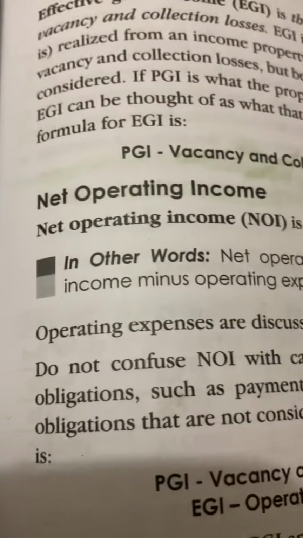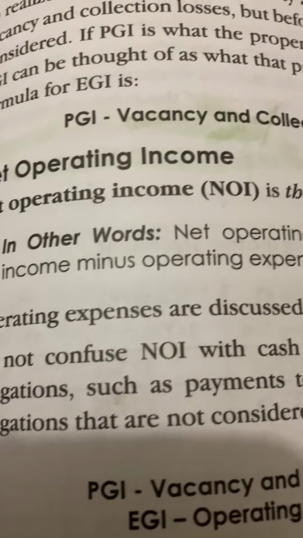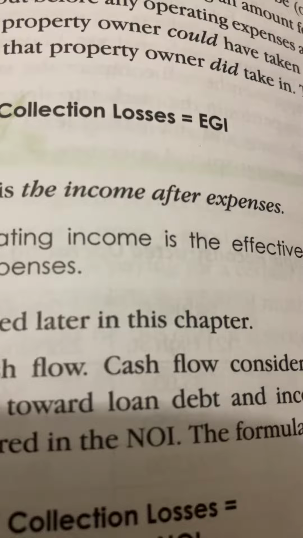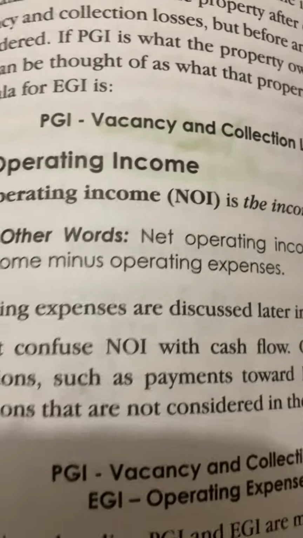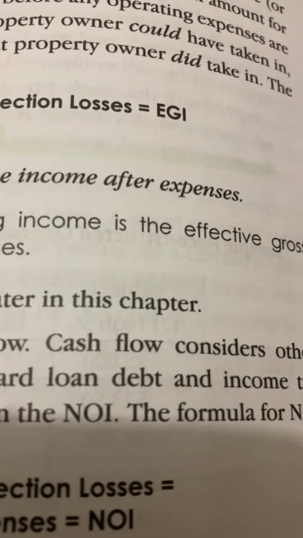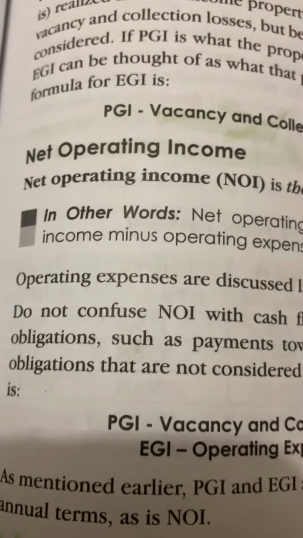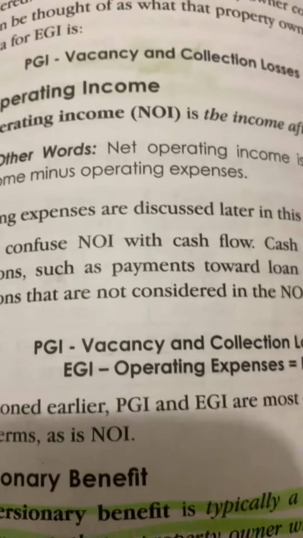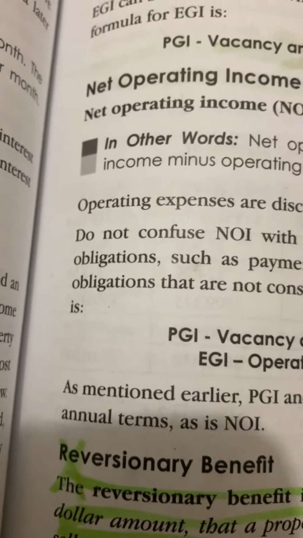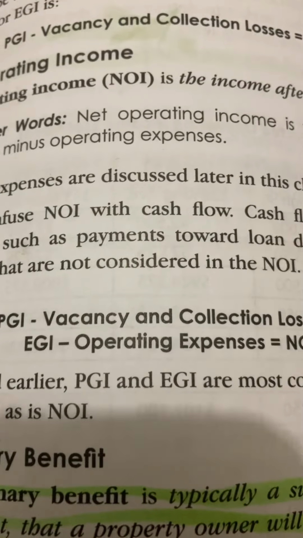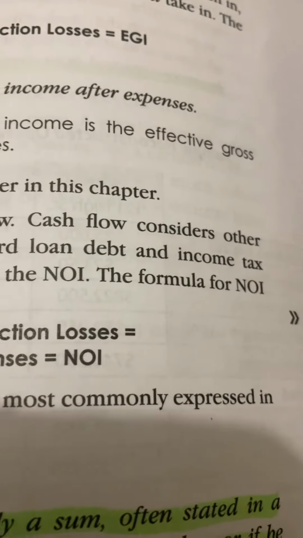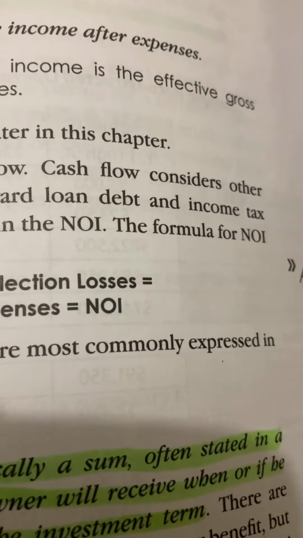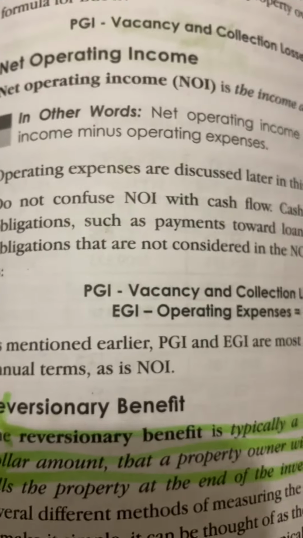Net operating income. Net operating income, NOI, is the income after expenses. In other words, net operating income is the effective gross income minus operating expenses. Operating expenses are discussed later in this chapter. Do not confuse NOI with cash flow. Cash flow considers other obligations such as payments toward loan debt and income tax obligations that are not considered in